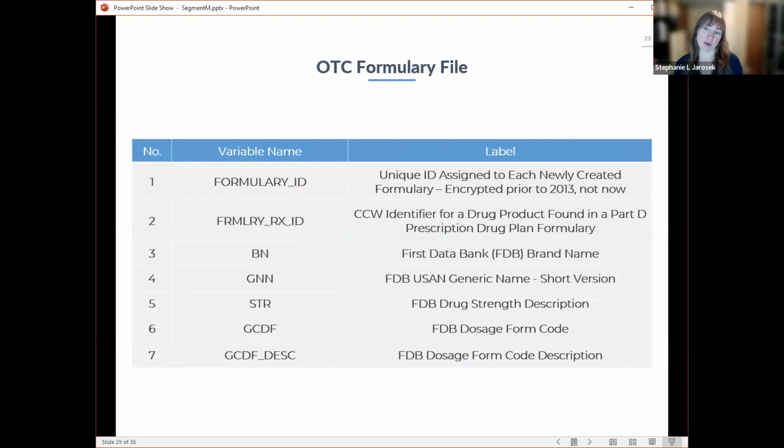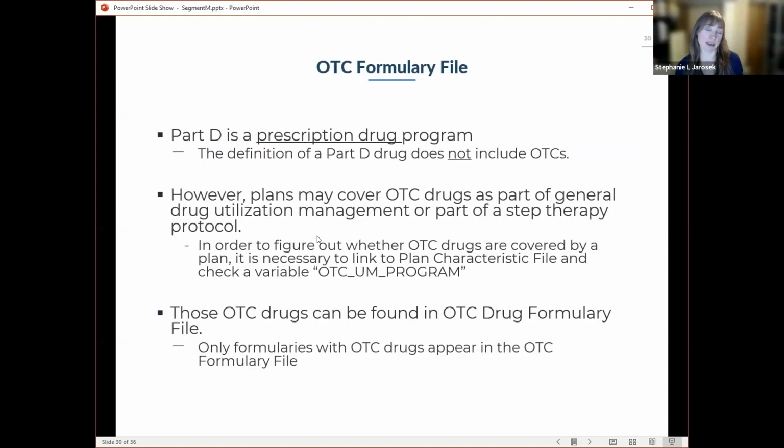And now we have that OTC formulary file. Again, we have most of the same information, but we don't have the utilization management variables on there. And then we have the formulary RxID, brand name, generic name. And again, these are drugs that are being covered as prescription drugs. So it's something that a beneficiary would take to the prescription counter to have their prescription filled, not something that they would buy